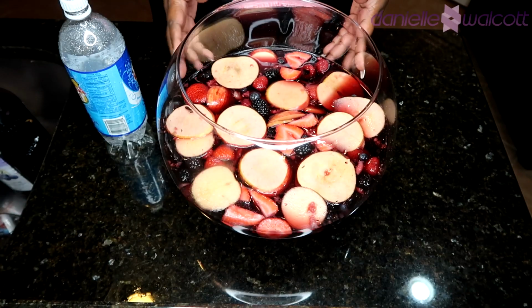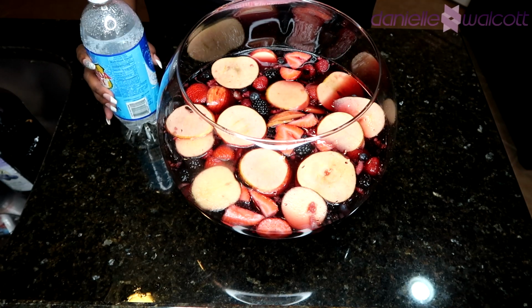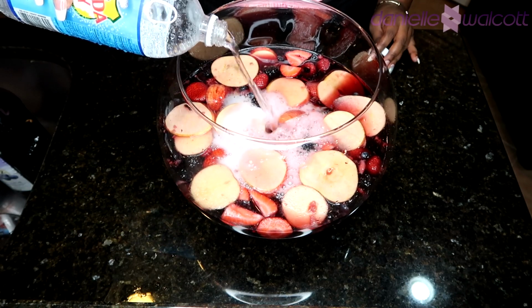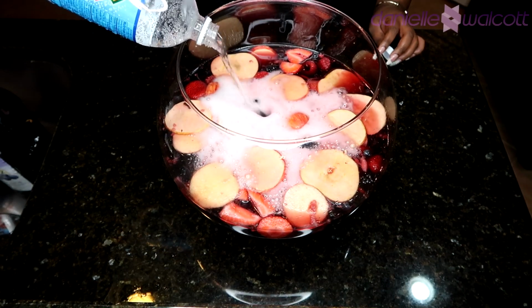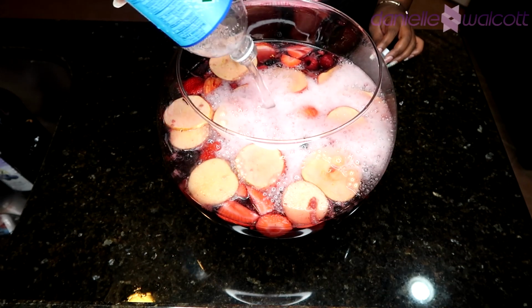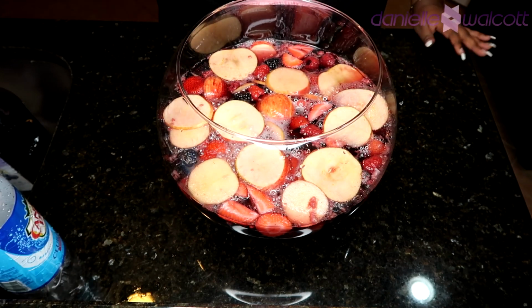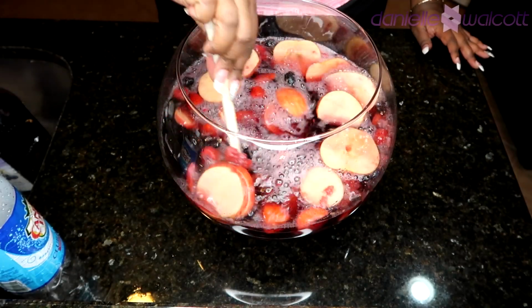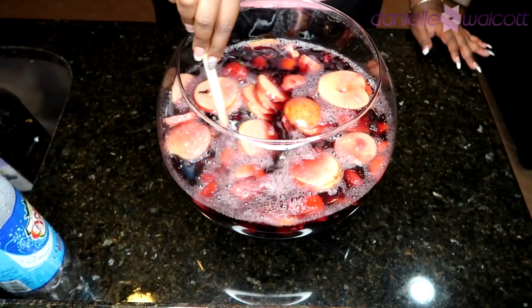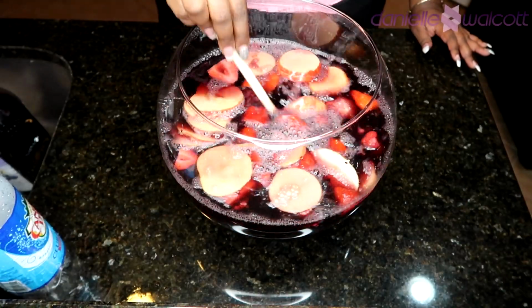overnight. So now that all of our flavors have had a chance to marry and meld overnight, before I serve this, I am going to add, for the sake of having some bubbles in my sangria, some Canada Dry club soda water. And of course, this step is optional. Some people like their sangria flat, while others, like me, like our bubbles. And so once I have placed my club soda water in there, I'm just going to give this a nice big stir, get my glasses ready, and be back to show you what our glasses look like filled to the